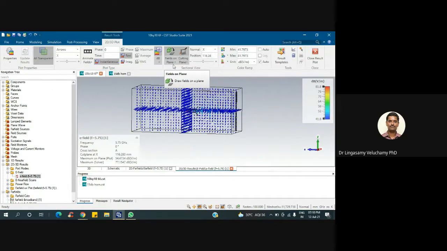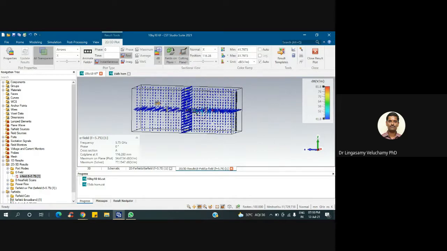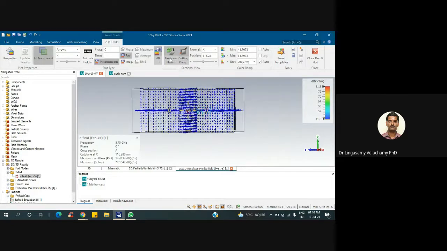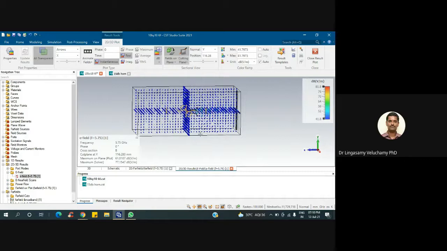That's the one. Actually, it shows only magnitude, sir. No, it will show the field distribution. I think you have to go to properties.